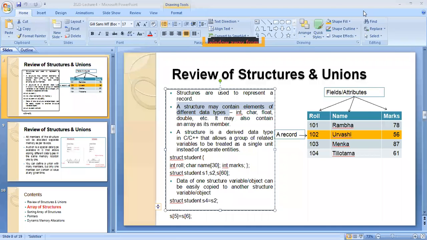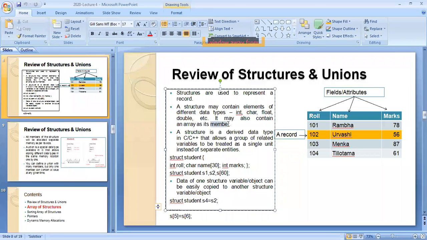So now I will teach you each and everything. Just revise. I will tell you what is structure name, structure member, structure variable. According to me, what is the structure? It contains elements. Elements are nothing but structure members of different data types, that is int, float, char, and it may also contain an array as its member.